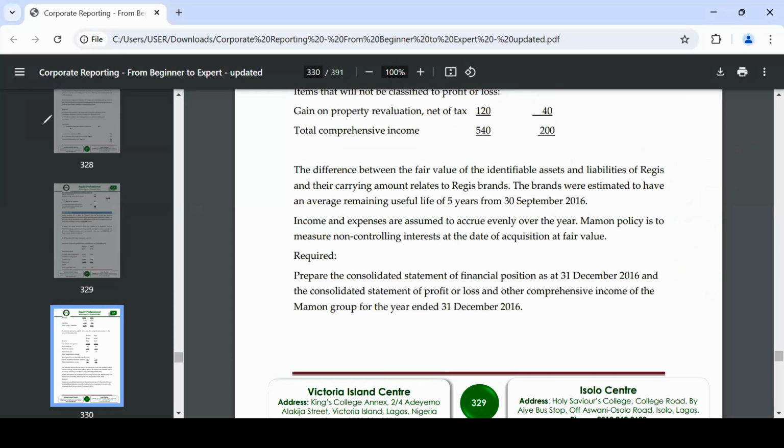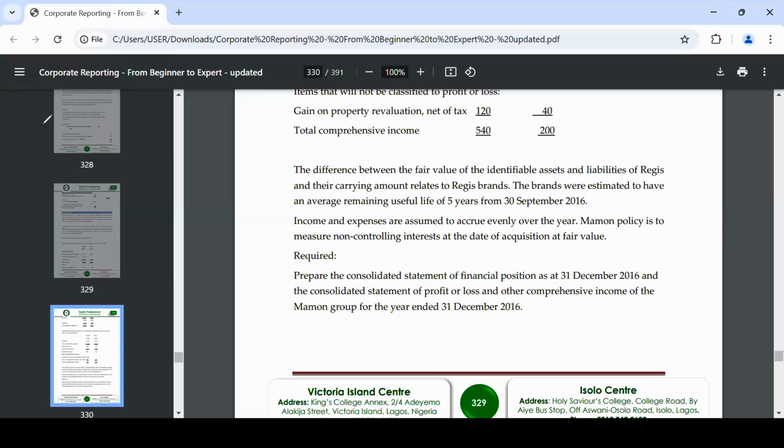Now, this occurs in business combination. Do you want to buy this company? Oh, market price is 15 naira. Before we go ahead with that M&A, what would be done is to consider all the assets and all the liabilities of that company, and all of them will be at fair value.